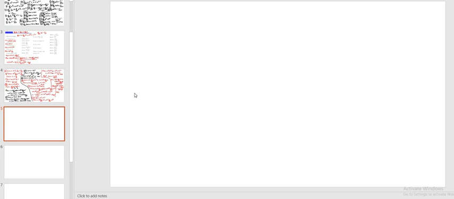Now, I'm going to do the second part of this exercise. Find the equation of the tangent line to the graph of the function. The second part means find the equation of the tangent line. So the equation of the tangent line